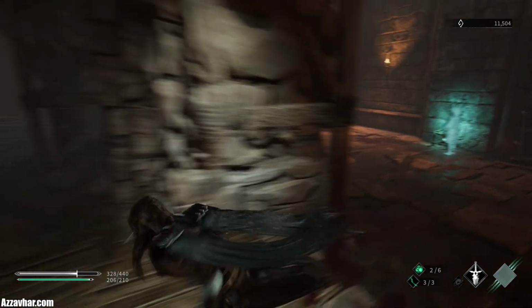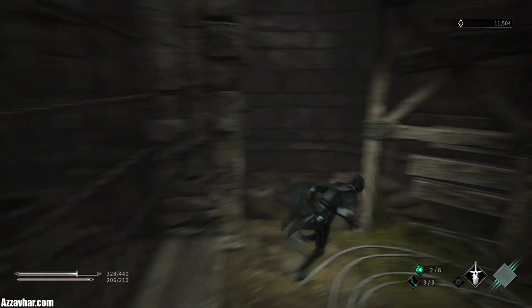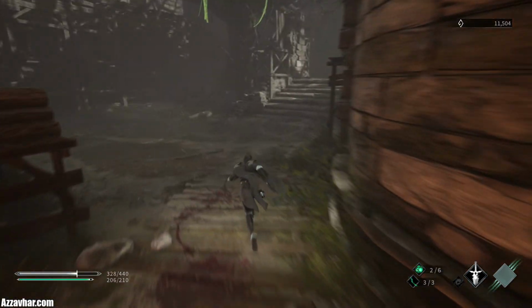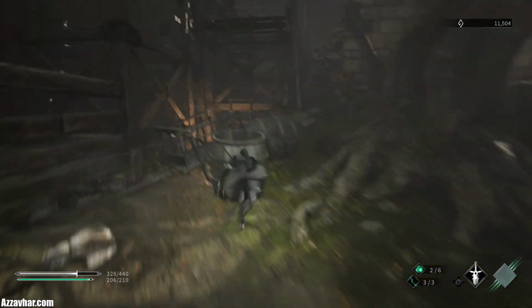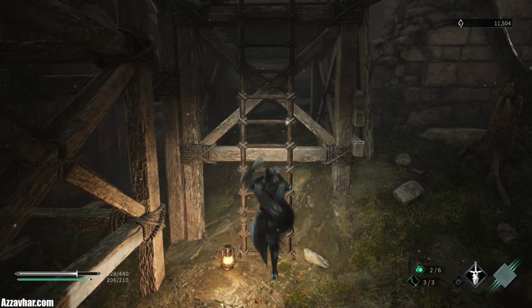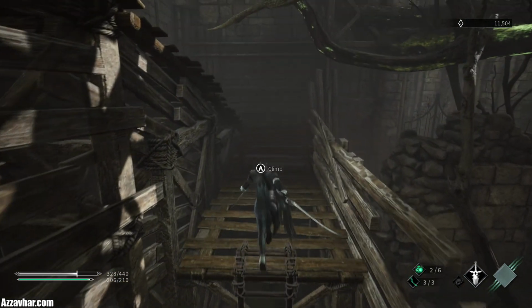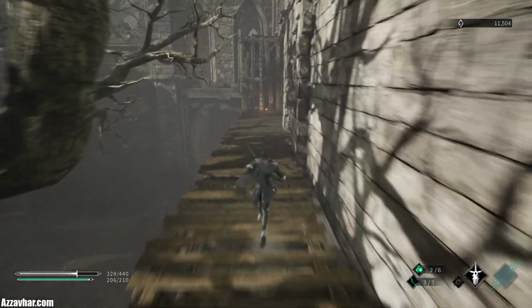Just going to double check all around here, so that's the checkpoint. This is a bit that we couldn't pass through before. The cathedral gate is just up there, but I think there's another secret. Once again, there's quite a lot of secrets on this stage. Not sure why we just fell down there, but there we go. So we'll head on up